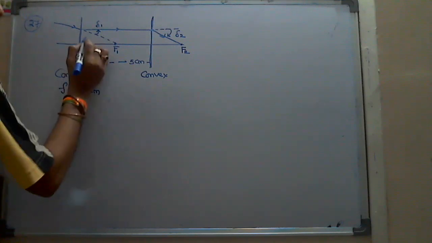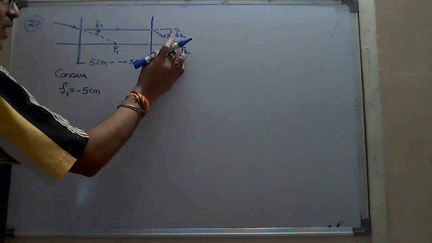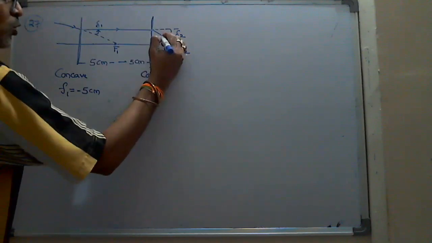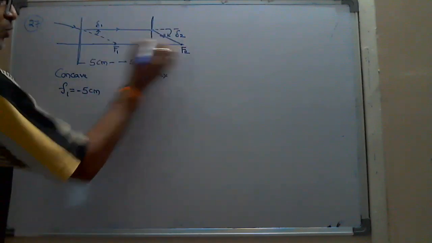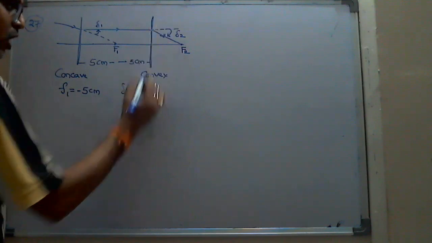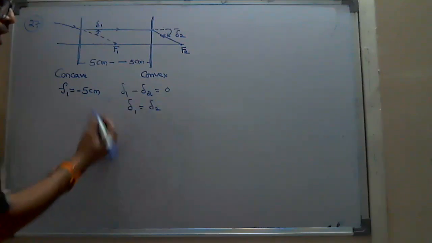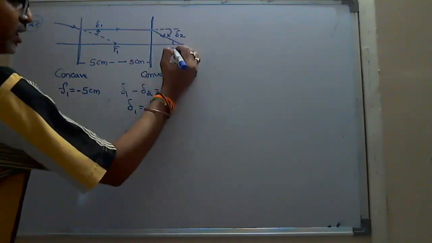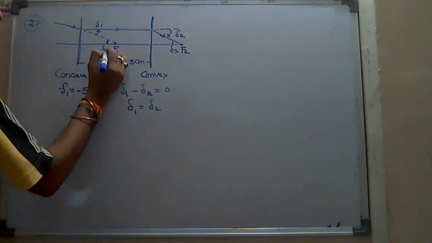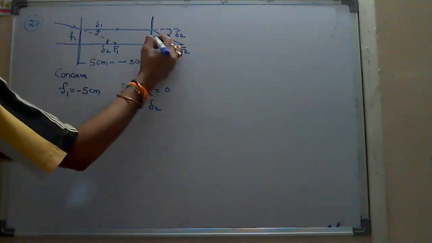And he said there is no deviation. The incident and emergent rays being parallel means there is no deviation between the two, in the same direction, downwards only. So here there is no deviation, meaning net deviation should be 0. So delta 1 is anti-clockwise, plus delta 1, and delta 2 is clockwise, minus delta 2. Total deviation should be 0. So delta 1 should be equal to delta 2. Look at here. If it is delta 2, it is also delta 2, alternating angle. Here also it is delta 2. Since it is parallel, here and there the height will be the same.